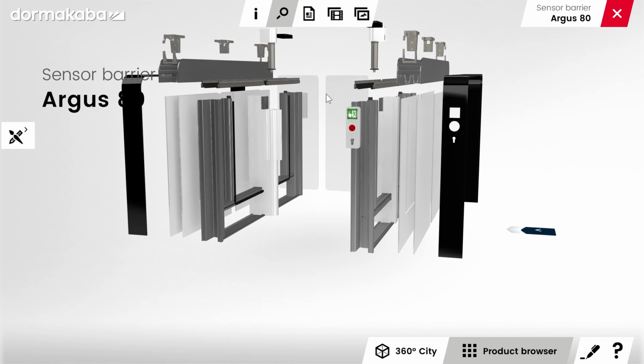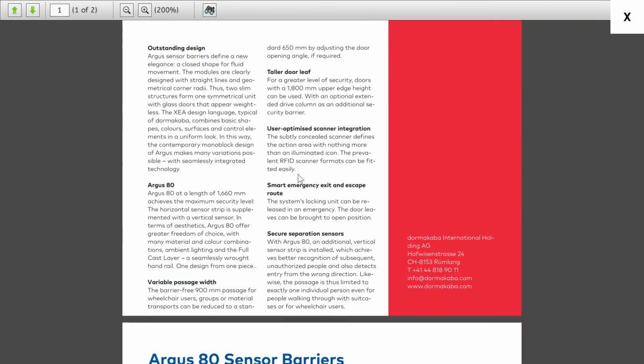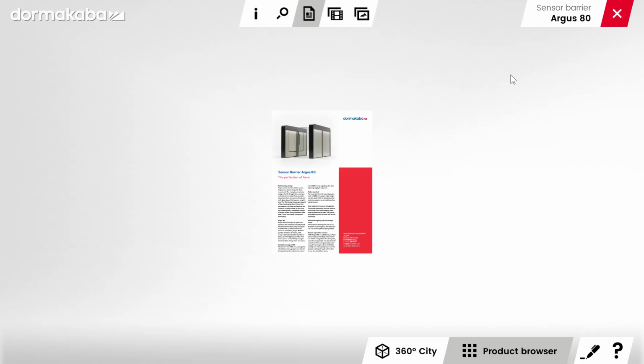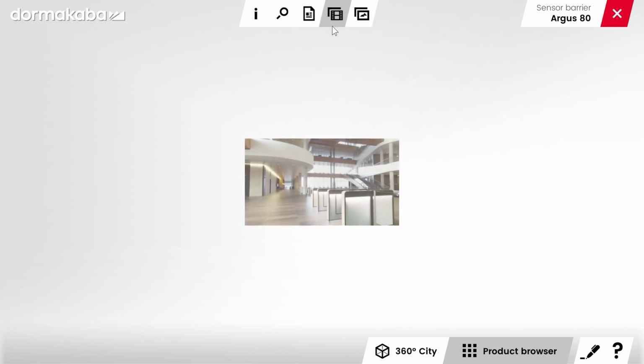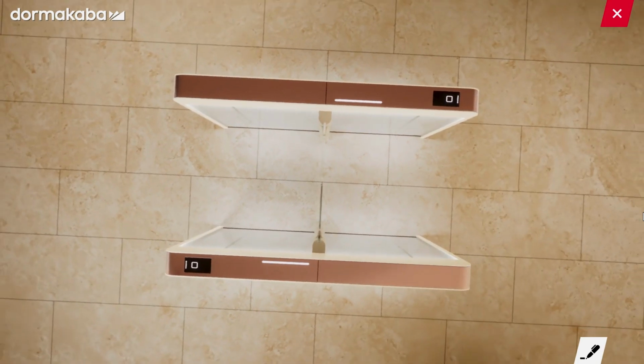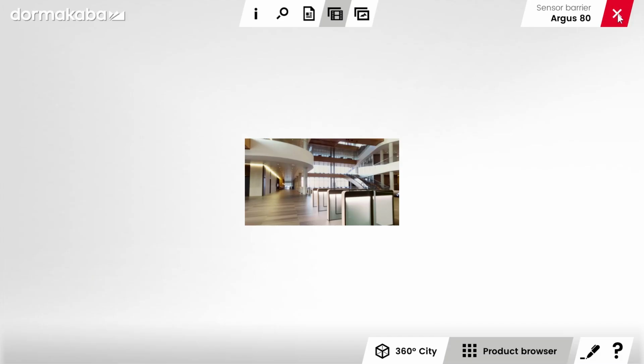The third mode gives you access to fact sheets on the relevant product. They provide in-depth details and technical information in summarized form. There is also a video mode. Click the preview image to open full view mode. You can stop the video anytime you like by clicking on the X.